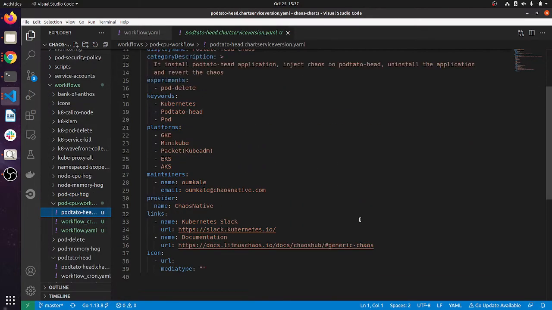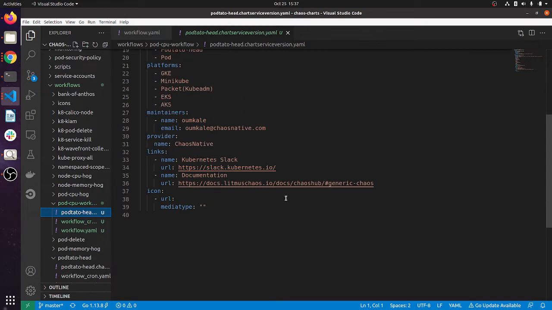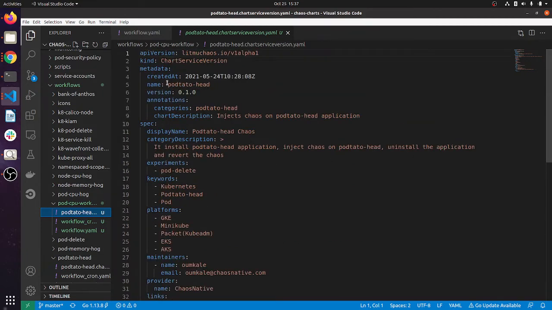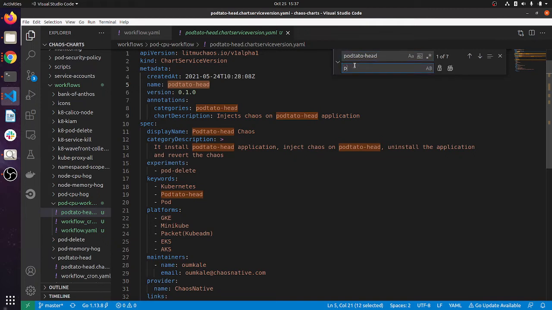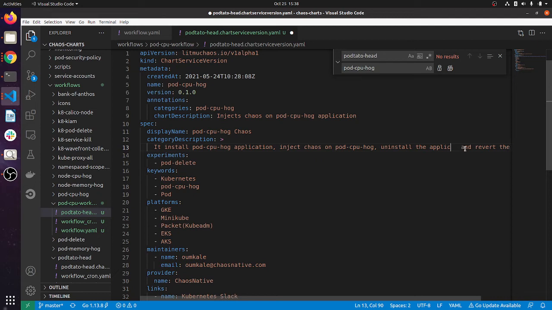So we have to update some basic stuff, like the URL and all. I'm just changing this stuff. We also have to change things: install the CPU application, install Chaos, and uninstall the application as you want. So this part will not be there. It will directly start from inject Chaos.